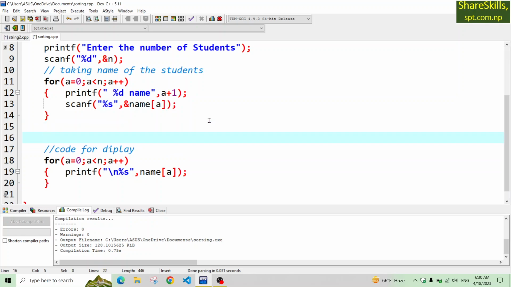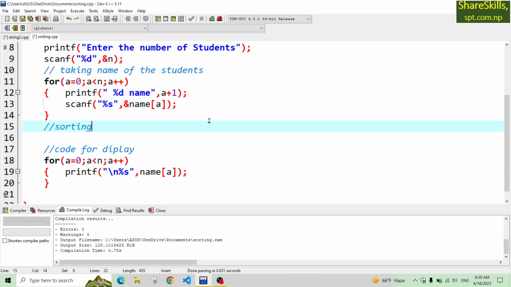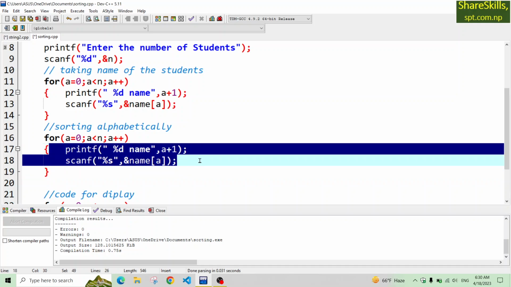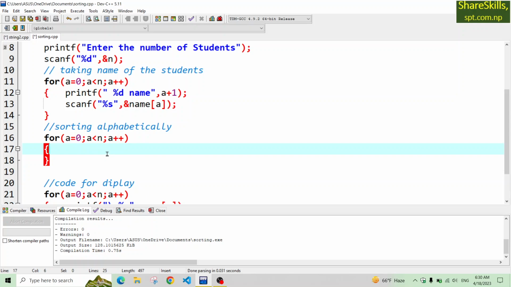Here I have not used any string functions, I have only taken some values and displayed them. So now I'm going to write a comment here, sorting alphabetically. And for this I have to use one more loop. So this is the first loop, and now I have to use the nested loop so that we can define